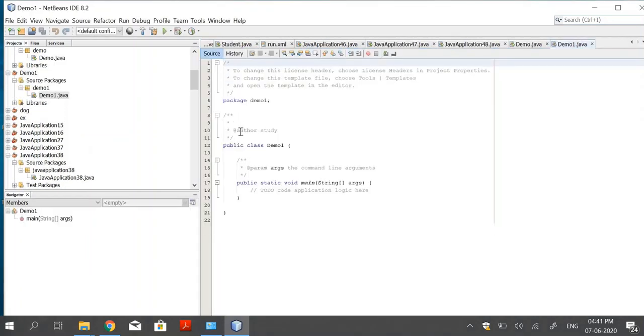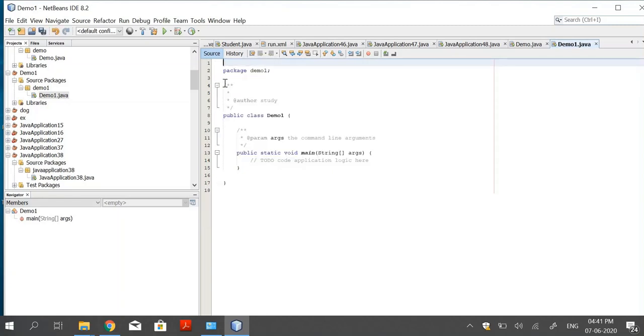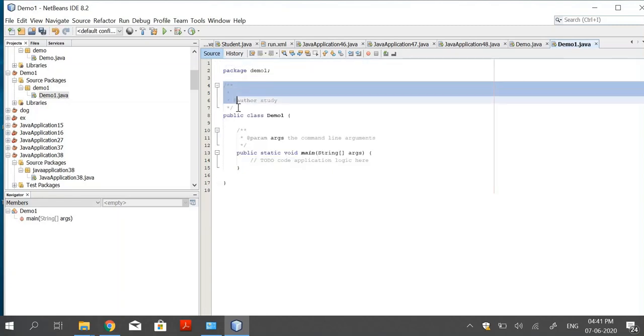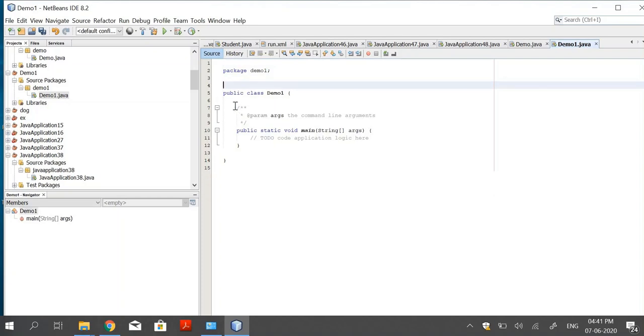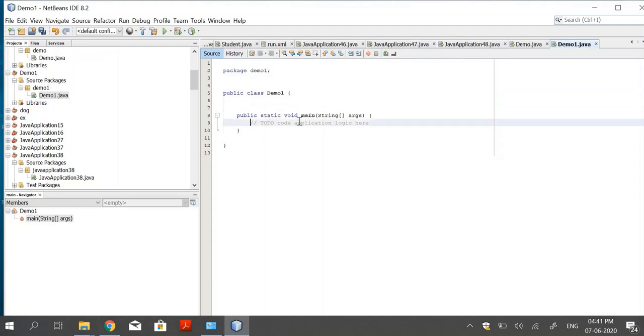Then you will get a package, some class name and main method. Then delete this one, delete this one, and delete this one, delete.